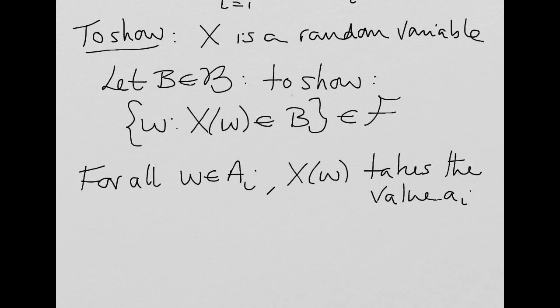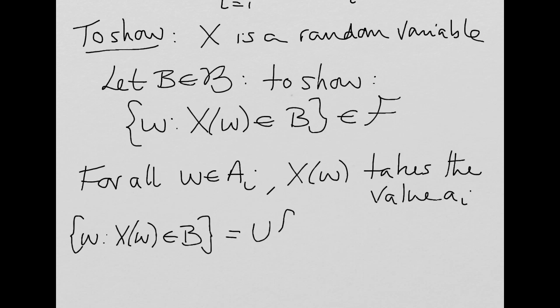So we can write this event here then as, okay, those outcomes that are mapped by X into the set B is the union of all those sets A sub I for which the associated value belongs to B. And this is an element of curly F